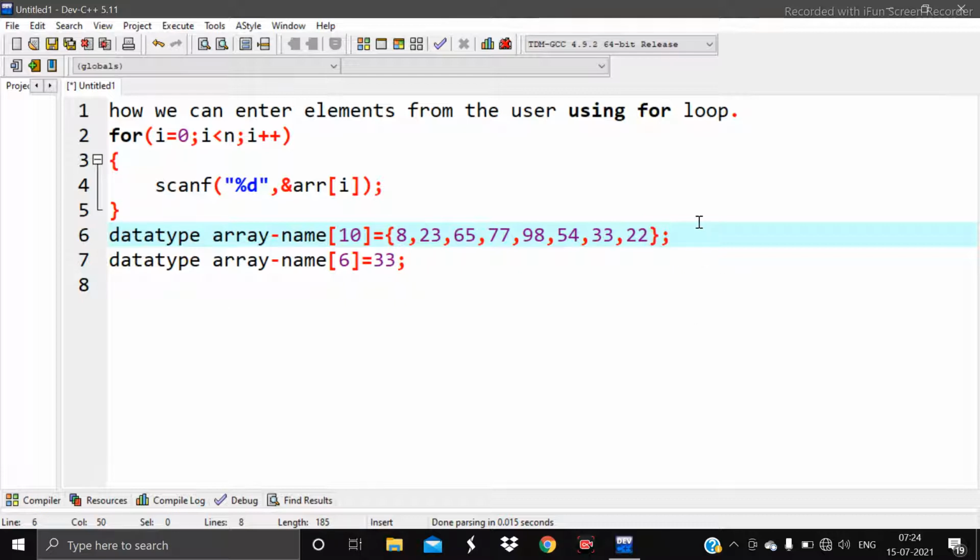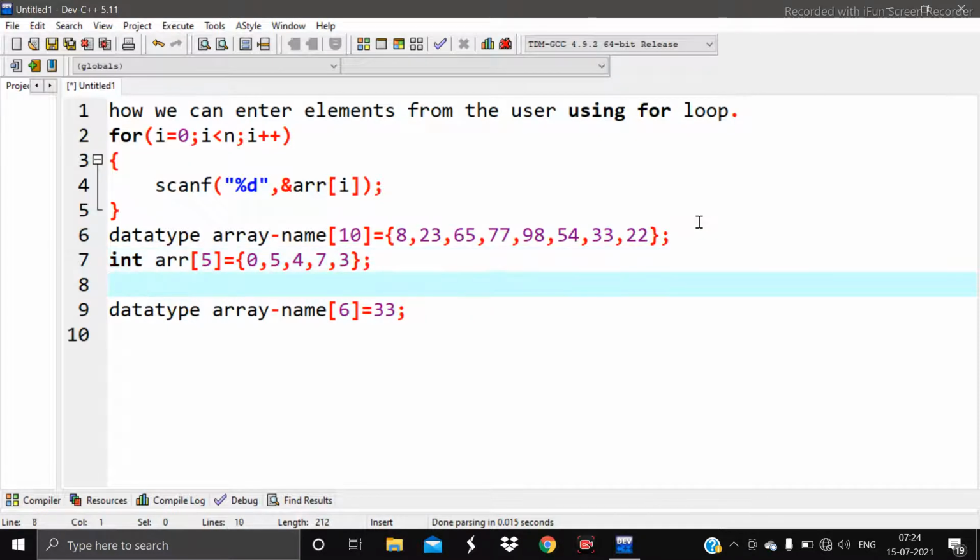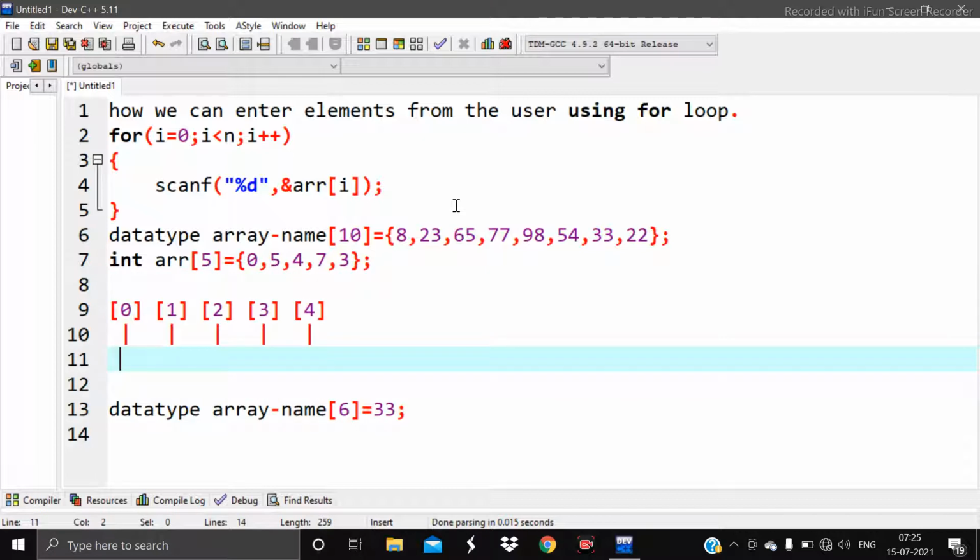Okay, a common example is like this: int arr[5], the size of the array is 5, then curly braces 0, 5, 4, 7, 3. So in this manner, in the 0th index the value which will be stored is 0, then 5, then 4, then 7, and at last 3.